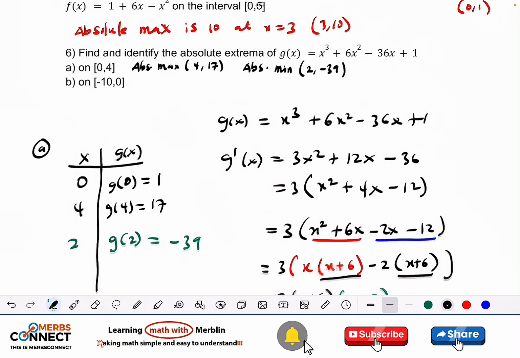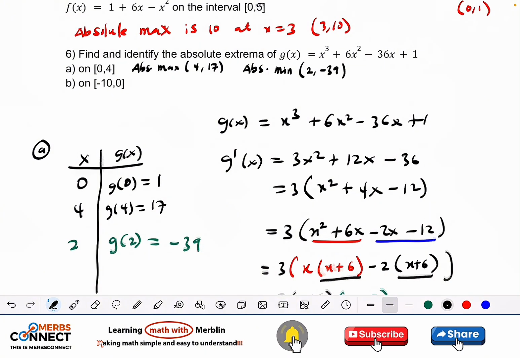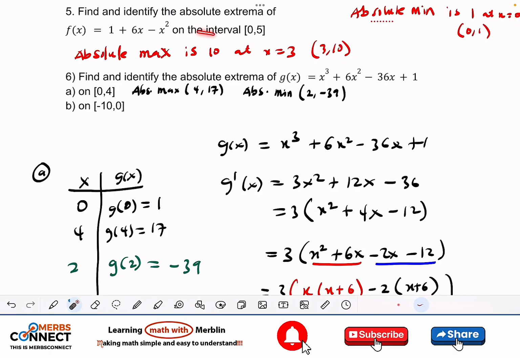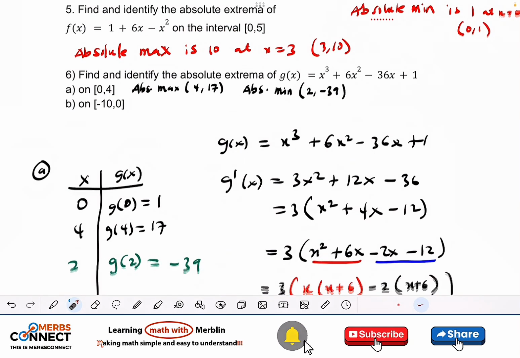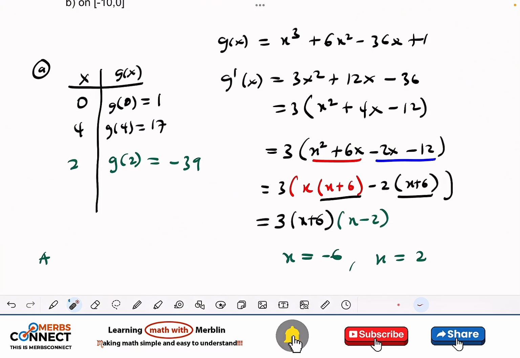Good. Or you can say that the absolute maximum is 17 at x is equal to 4, as we did for these ones. Then the last one is B, where we are using the same critical point